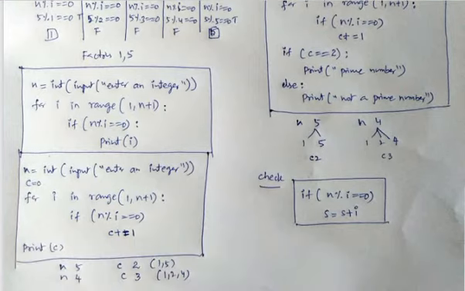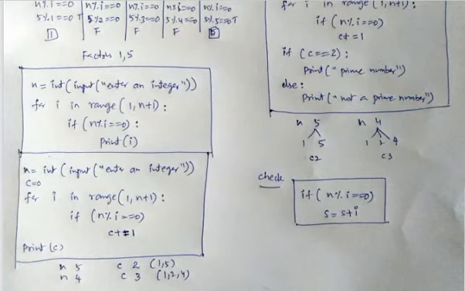Look at the second program. I just made a small change. c plus equal to 1 is nothing but c is equal to c plus 1, and you need to initialize the value of c with 0 there. Try to identify the difference between each and every program. And c is equal to c plus 1 and print c. It means you are counting the number of factors in any number.